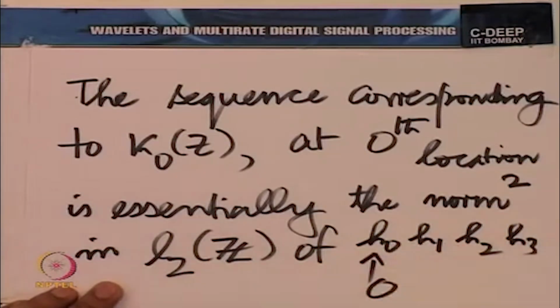It is the dot product of the impulse response with itself, and we could as well make that 1 for convenience. So, now we shall choose C 0 in order that this becomes 1,